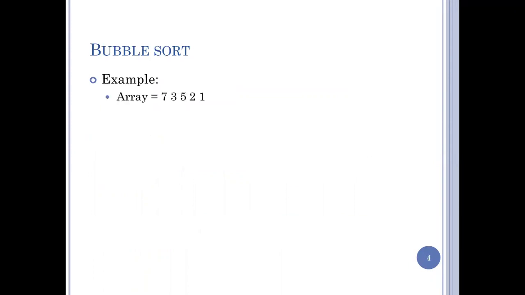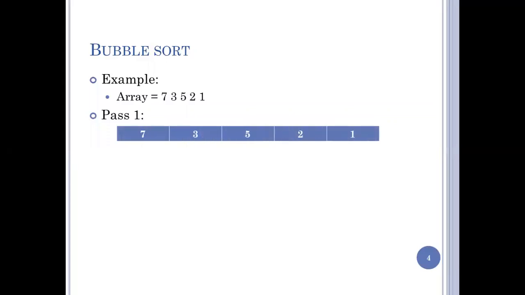The working of bubble sort is that in each iteration we bubble either the greatest element or the smallest element to the end. So in one single iteration, one element moves to the corner. For example, consider this is the array, and we are going to compare and arrange it in ascending order.